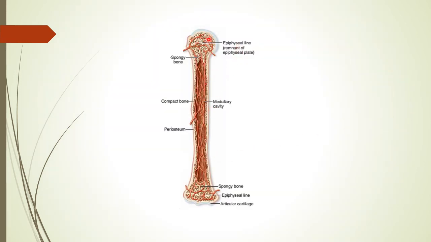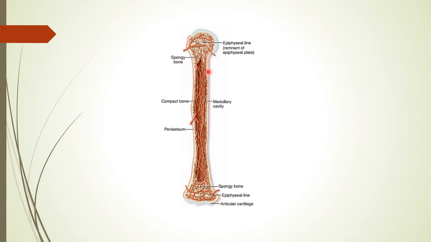As we see in this image, this is a long bone, the humerus. This is a longitudinal section. We are now seeing what the bone looks like from inside. These ends are called epiphyses, and the epiphyses contain, as we see here, spongy trabecular bone covered by only a thin layer of compact bone. And also here, the distal epiphysis also has spongy bone.